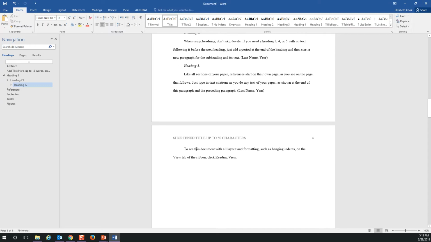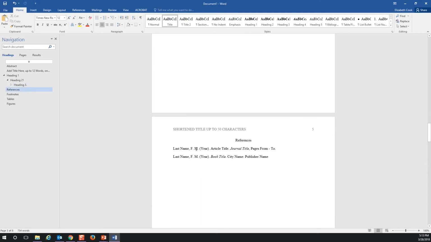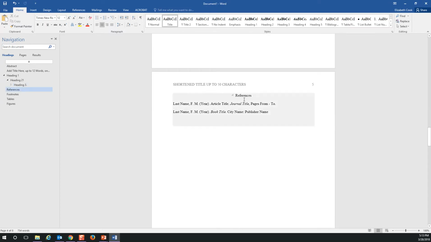So we're going to scroll down, and the last page of our paper is going to be our references page. So this is where you are going to put all of your excellent research that you've already done. This is where we're going to show it off. And this is also where your in-text citations will direct to. Now don't worry, we're going to get to in-text citations in a little while. But this is the list that they will be referring your reader back to.